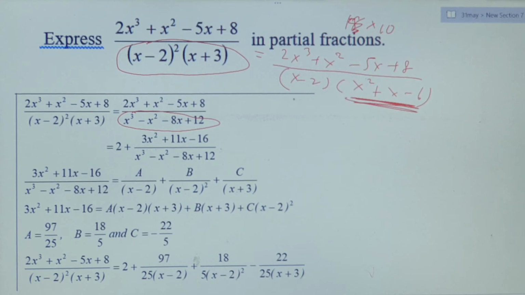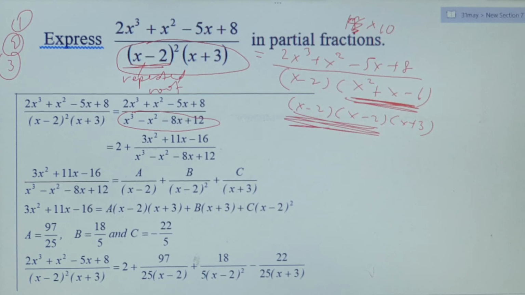When you factorize this, you will get, then you will see that, oh, these two are the same. Then you write it like that. You must understand that this is a repeated root. I've already messaged you in the group chat the 3 conditions, the 3 different types that you need to transform these two. So in this particular case,